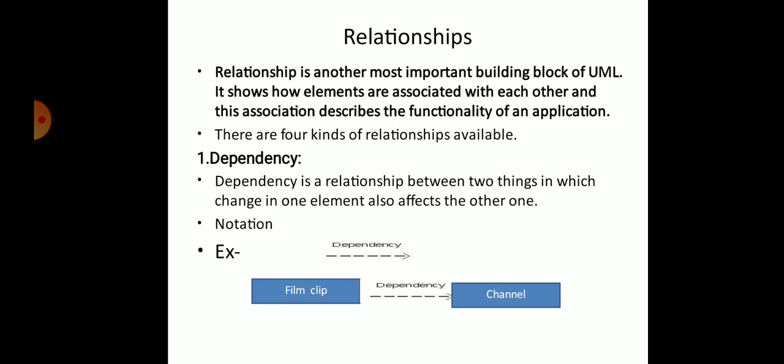Dependency is a relationship between two things in which a change in one element also affects the other one. This is notated by a dashed line and arrow. For example, here we use the example of film clip and channel. Channel is dependent on film clip. If any change occurs in film clip, it affects the channel.